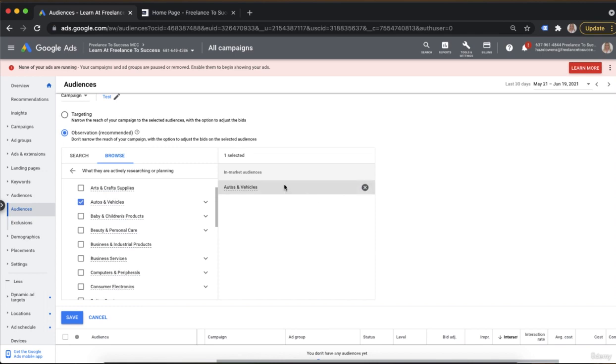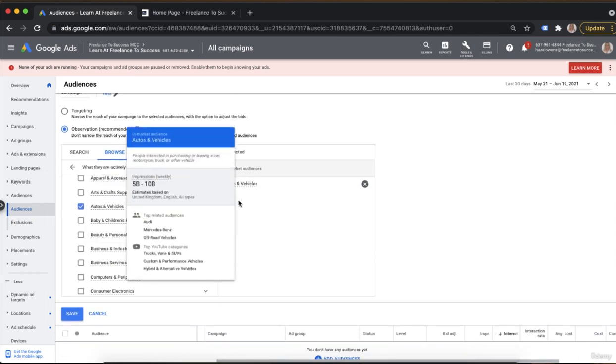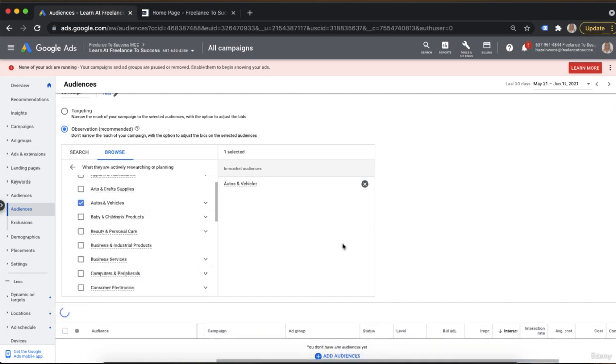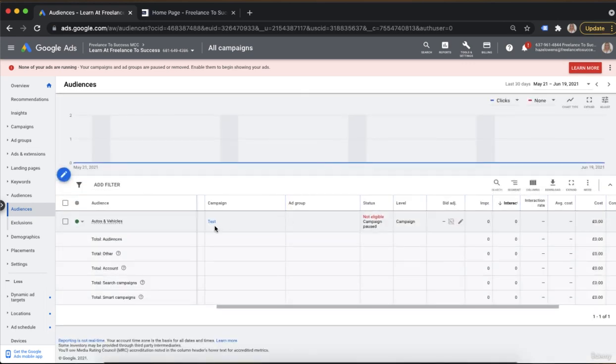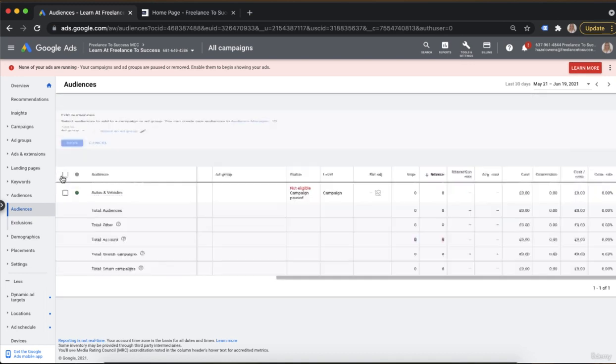So with your audiences, just to finish up applying them here, if we go through and click this orders and vehicles, I can click save and apply that, and that's in observation mode now. So this is what I mean when we talk about observation. You'll see this audience list here, and over time when you start generating data, you'll see the performance of the audiences, and then you'll see total other or total account, and this is where you'll see people who fall outside of this audience. You can start determining whether or not this audience works better than people who fall outside, for example. Or if you were to add multiple different audiences,